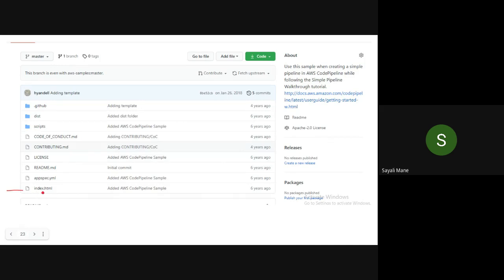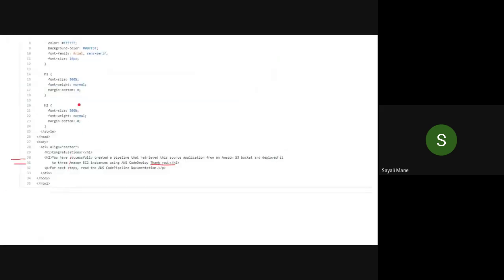So please click on index.html. It's an HTML file, simple tags are there. I think you must be familiar with these h1, body, head, style tags. You know this HTML, right? HTML tag formats. Yes, okay.